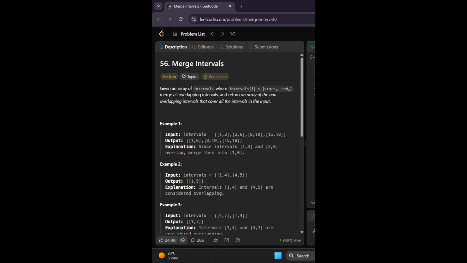Guys, this is day 27 of my DSA challenge, and today we are going to solve this question, which is to merge intervals. So, question number 56. First, we are given an array containing doublets, in short, which is like start and